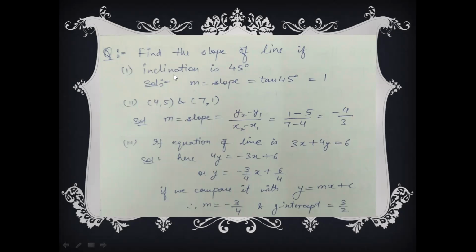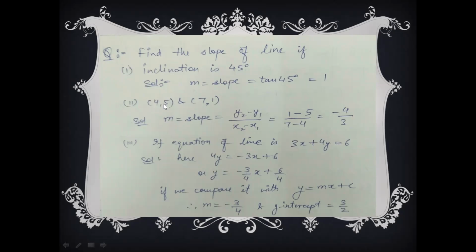So in this case, the inclination is 45 degrees. So find the slope. The slope will be tan 45, which is what we have already seen. Now this is a new formula which you need to remember. If two points are known to us, then how do we find their slope? We need to use tan theta basically. It's not shown here, it's perpendicular upon base only. Just need to remember y2 minus y1.